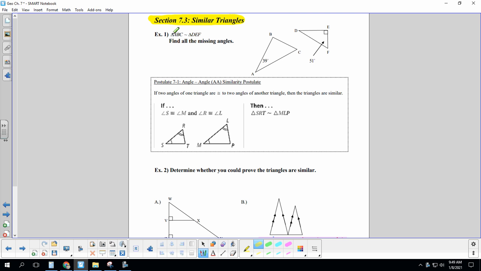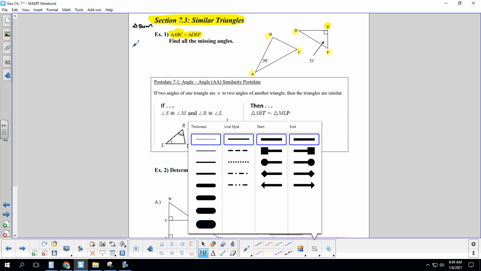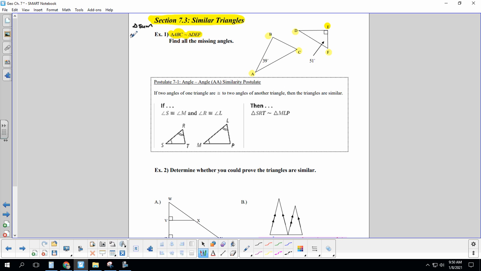We're going to start out taking a look at the example. We know that triangle ABC is similar. Remember, this little tilde sign means similar to DEF. And we need to find all the missing angles. So we are going to use that triangle sum theorem. Triangle sum theorem says that all angles